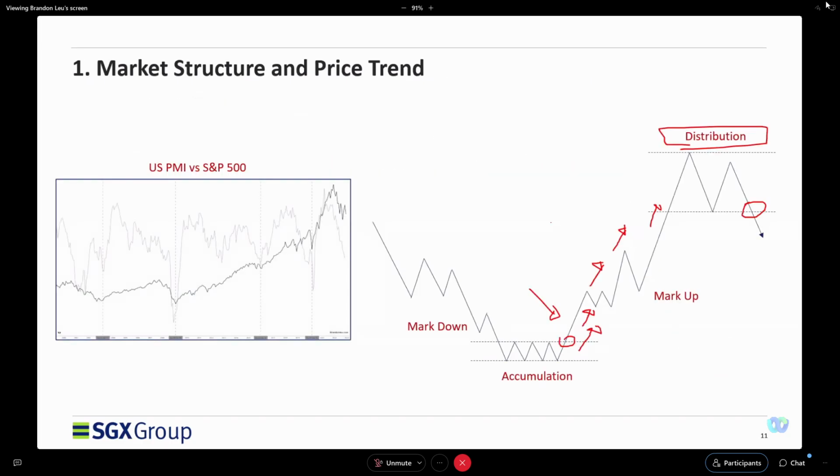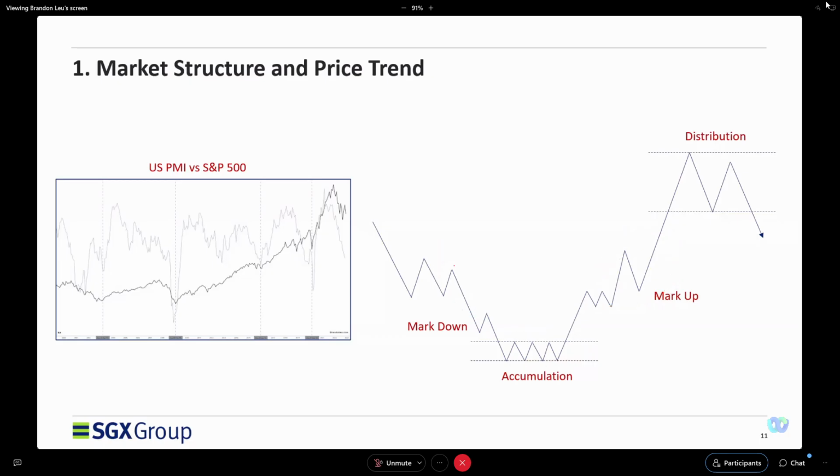As a trader or position trader, maybe semi-investor, we want to position our allocation on the markup or markdown. Yes, it's very simple, we want to capture this part of the trend, the markup of the trend. So it also means that when we open up a chart, we want to have at least some clarity on where the stock price is. Is the stock price at accumulation, markdown, or markup?